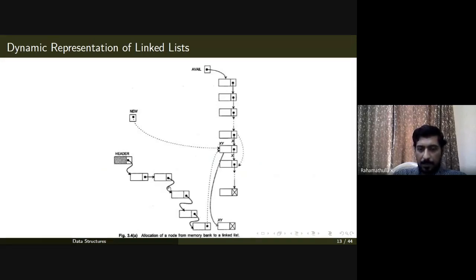Let's say this is my linked list. This is the header. Then you have the first node, second, third, etc. So in between, we would like to insert a new node. Then what will happen is, it will try to create a new node. New node in the sense that it is kept as an available list. Let's say the memory manager kept this as an available list. Then the request will come to the memory manager. The memory manager will search through this list, and let's say it identified this particular portion.